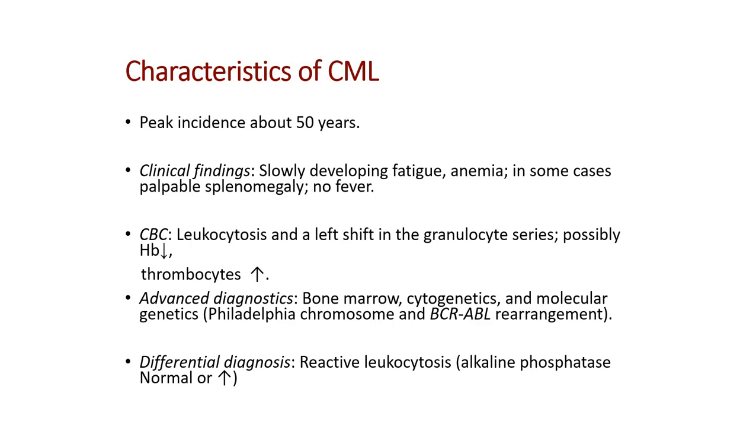So based on the age and on the clinical features, you will see a massive splenomegaly. Hepatosplenomegaly can be noted, and there will be leukocytosis with shift to left with thrombocytosis, eosinophilia, basophilia. And for diagnosis, you need to do a peripheral smear and bone marrow. And an important thing you have to do is the cytogenetics here, because you need to identify something called the